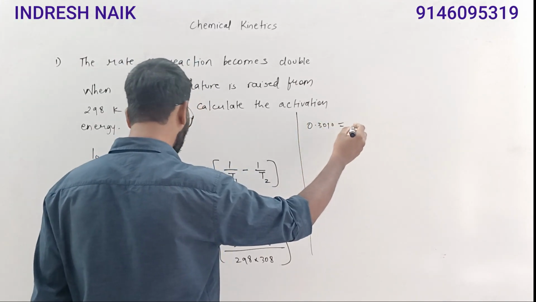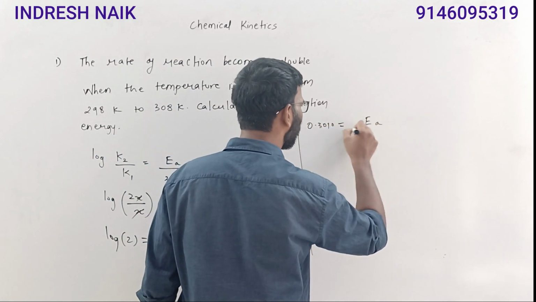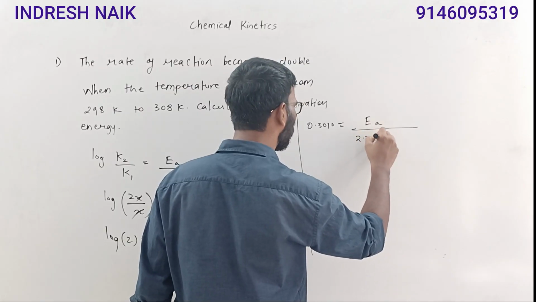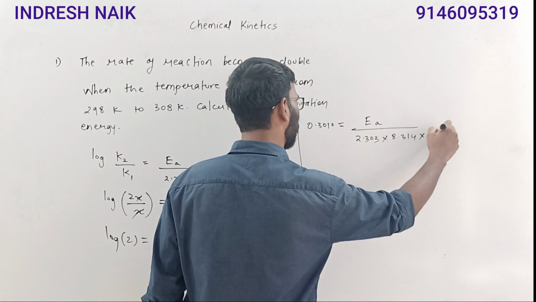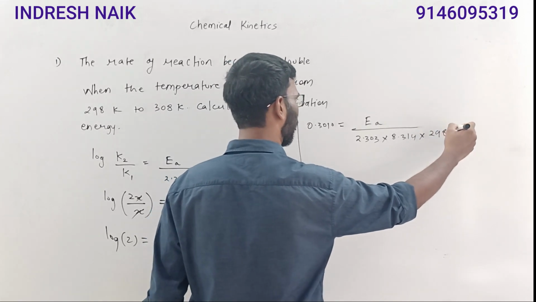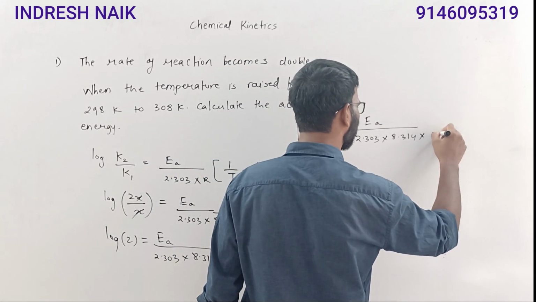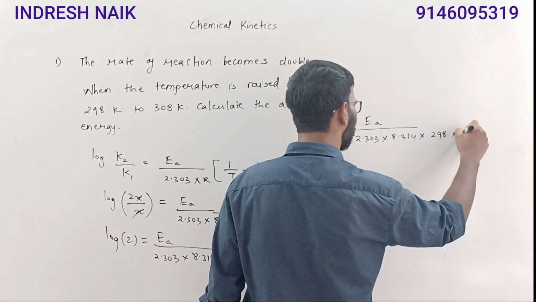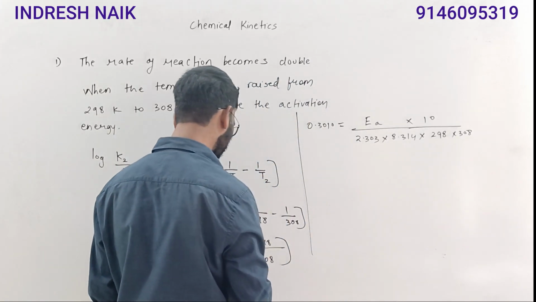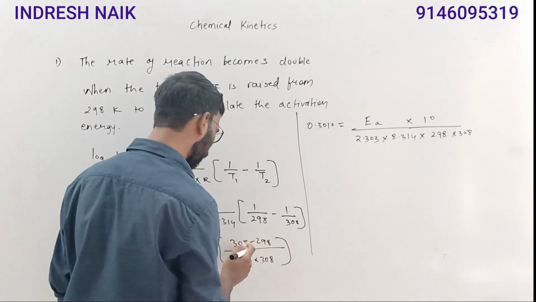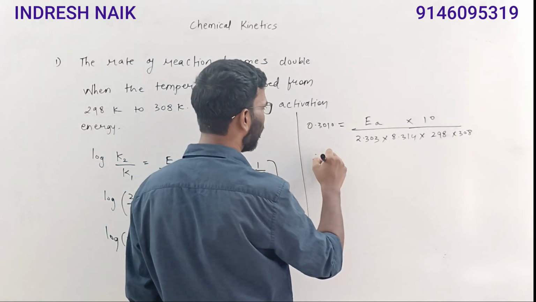Log of 2 is 0.3010, which is equal to EA upon 2.303, 8.314, 298 and 308, and into 10, no? On top it will be a 10. This difference will be 10. Therefore EA will be equal to